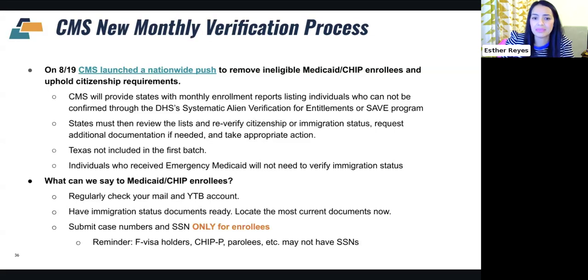CMS now is expecting states to go back and check the immigration status of people who are getting Medicaid or CHIP, and to get more information to verify that eligibility. Texas was not included in that first batch,